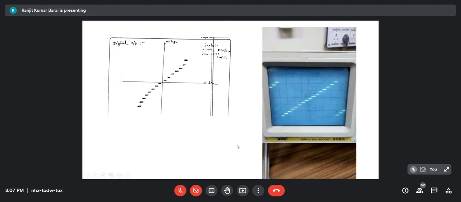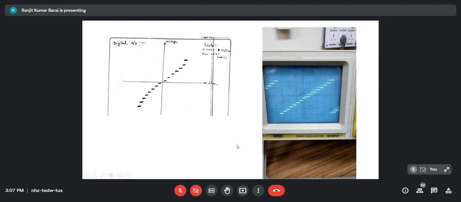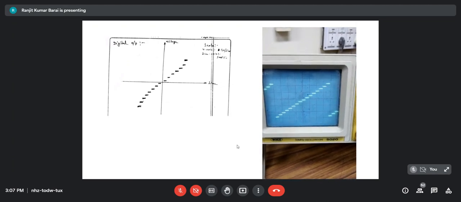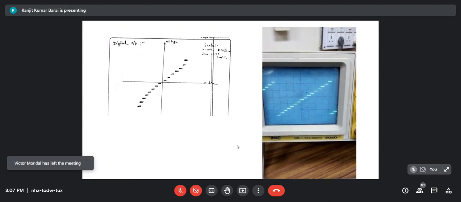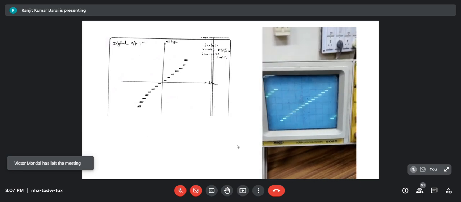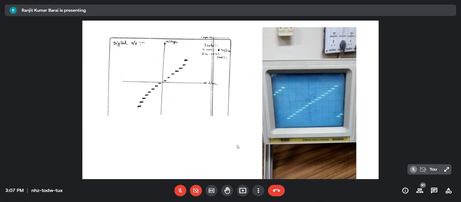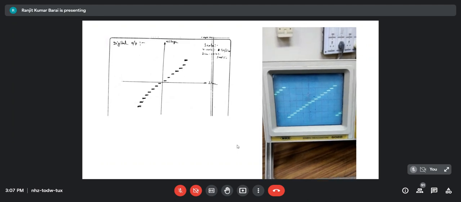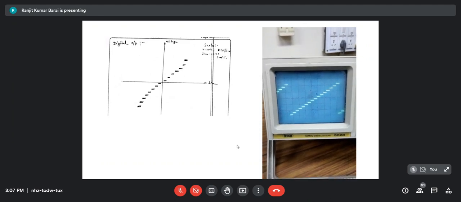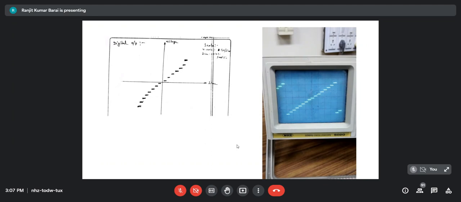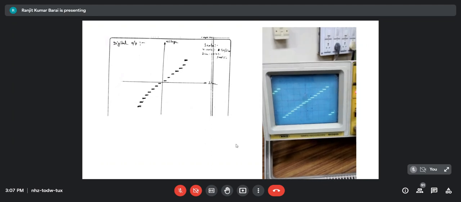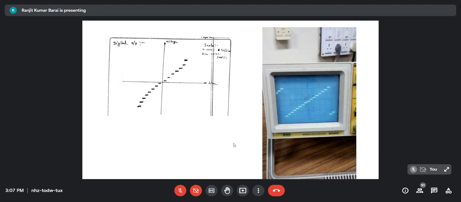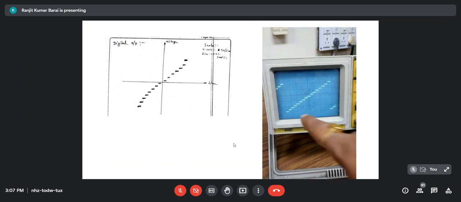Yeah, is that right? So how many levels are there? 1, 2, 3, 4, 5, 6, 7, 8, 9, 10, 11, up to 15 levels are there. So it is getting repeated, because it is repeating. So one staircase after some time, depending upon the clock frequency, then a second waveform, and like that. So mainly this one.